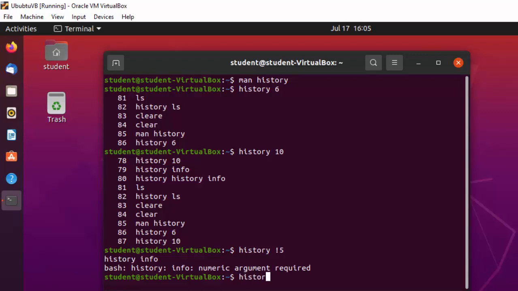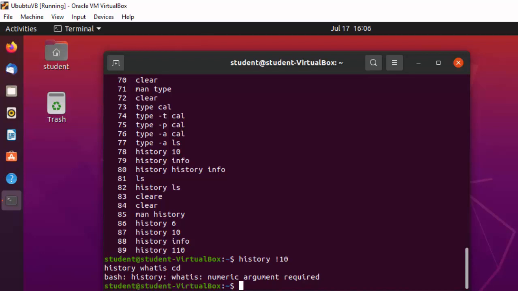Let's see some more numbers. Here it shows you the 10th command that was executed. So what is cd? This was the command that was executed, and it shows you the output of this command.